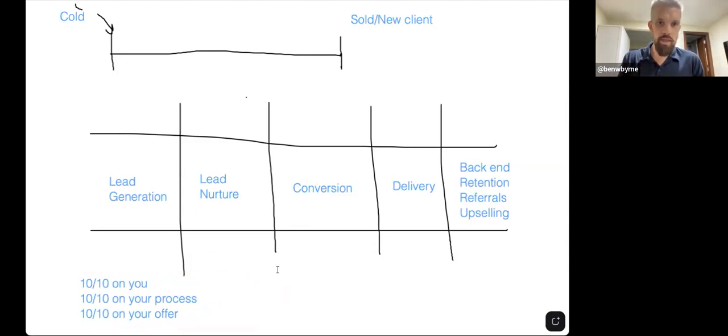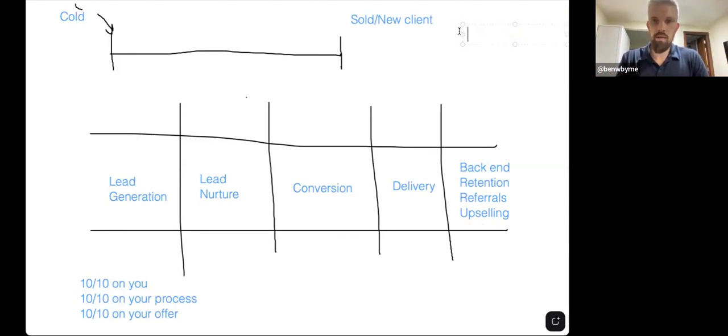Okay, so there's 2 things here. Number 1, in terms of things that we track, to run down the list a bit, I wonder if I can zoom out. This is so much cleaner on my iPad. Anyway, to run down the list of the metrics that we track, from lead generation to lead nurture to conversion to back end to delivery, what are some of the main ones? Well, there's a lot. Okay, one sec, let me move my little icon here. So, what are some of the main ones?